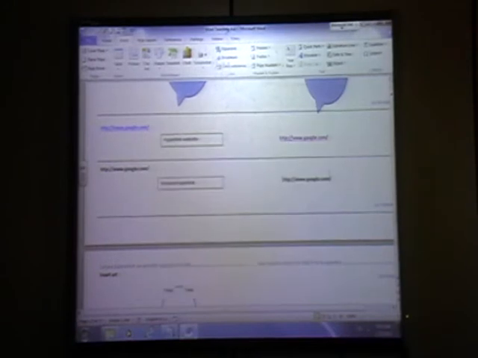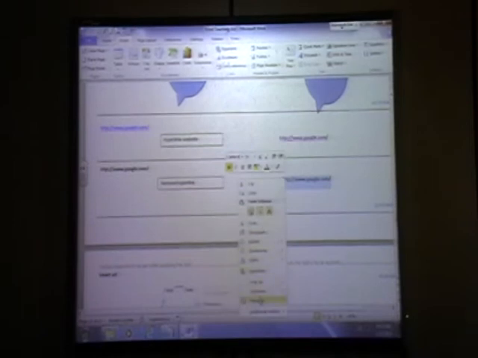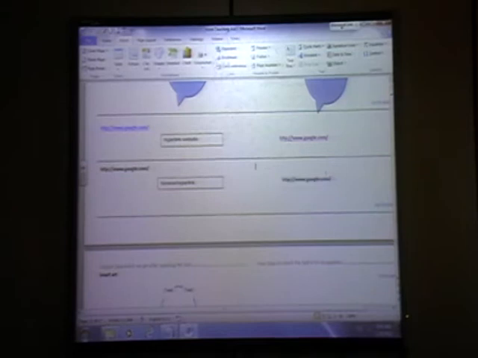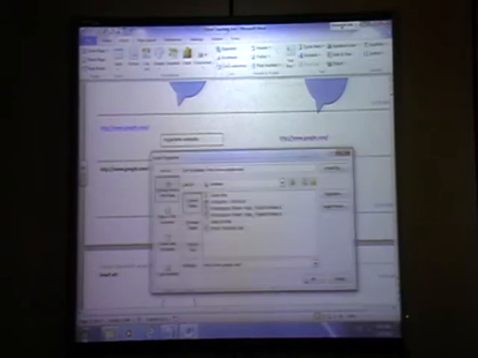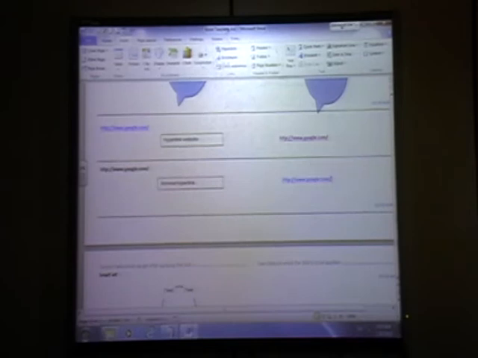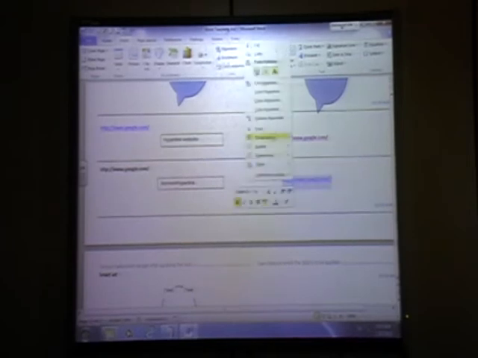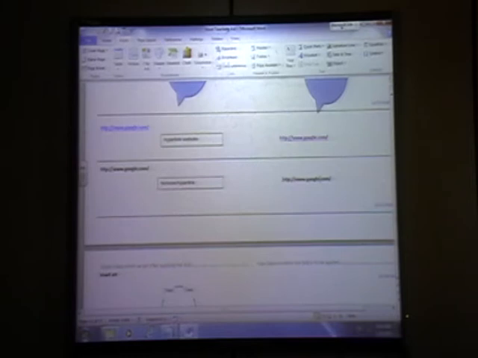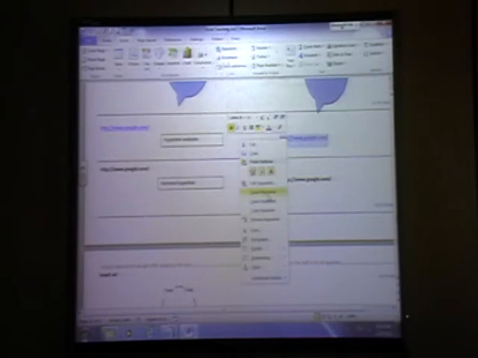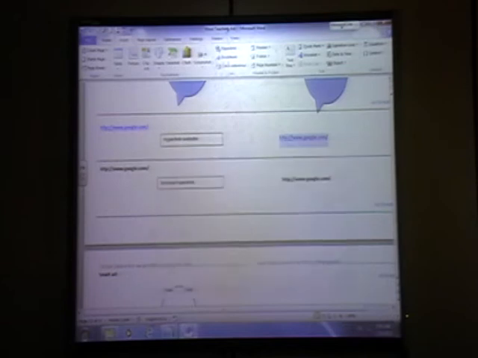If it is not deleting directly from here, you can go to edit hyperlink and do it. For example, I will show you again. It is like this. You want to delete, remove, it is going. But if it is not going, you can go like this, then edit hyperlink, and from here you can click remove link, it will delete.